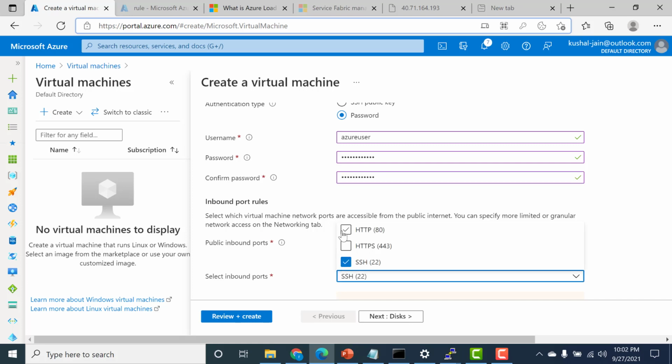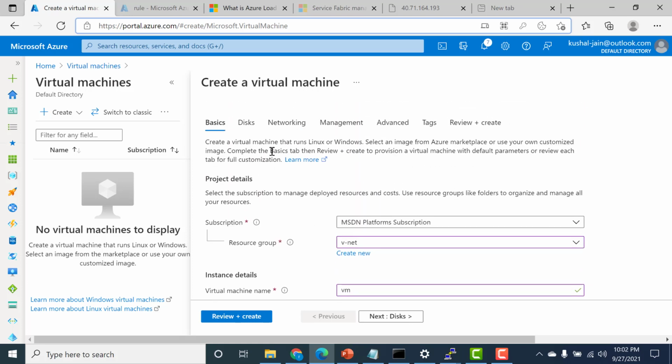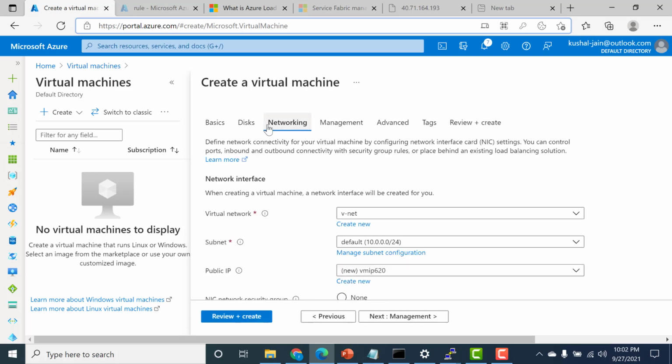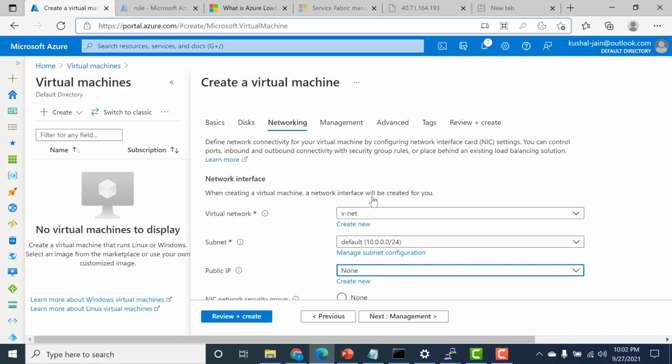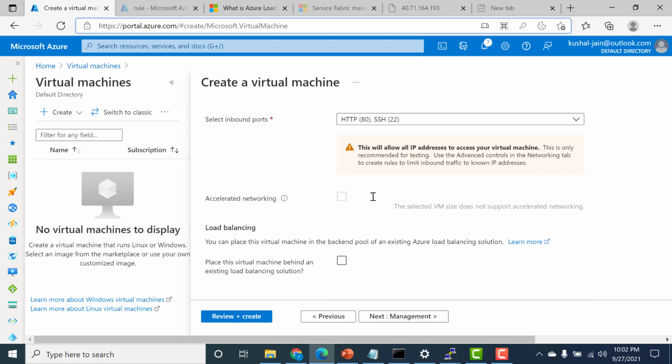And let's open port 80 as well. Now let's go to the networking tab. In this networking tab, I will disable the public IP because I do not want any public IP for these virtual machines. I want just private IP addresses, and my load balancer will connect to these virtual machines using the private IP, and everything else remains the same.